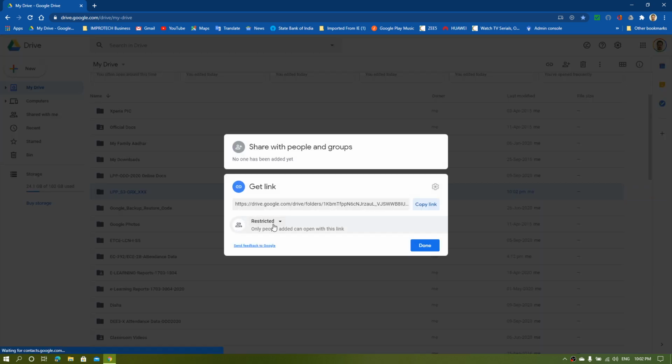How to generate? Just look after it. Here you will find that the link will be restricted only for the people you want to share, but suppose it should not work under any circumstances, so it is recommended that you click on anyone with this link. So we are the teachers, we can access this folder anytime. Okay, then from this copy link tab you should copy it, click on done,